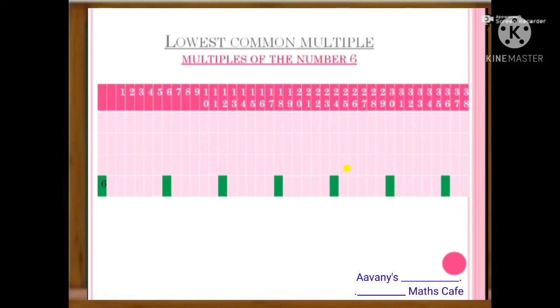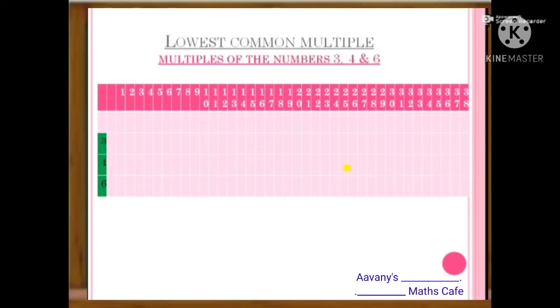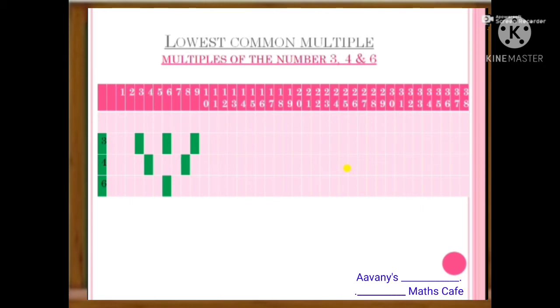Now let's see what happens when we switch on all the three LEDs together at a time. You can see that at the third second only the first LED is glowing. Similarly in the fourth second also only one LED is glowing. When you reach the 6th second, two LEDs are glowing together at the same time. If you go on, when you reach the 12th second, all the three LEDs are glowing together at the same time.